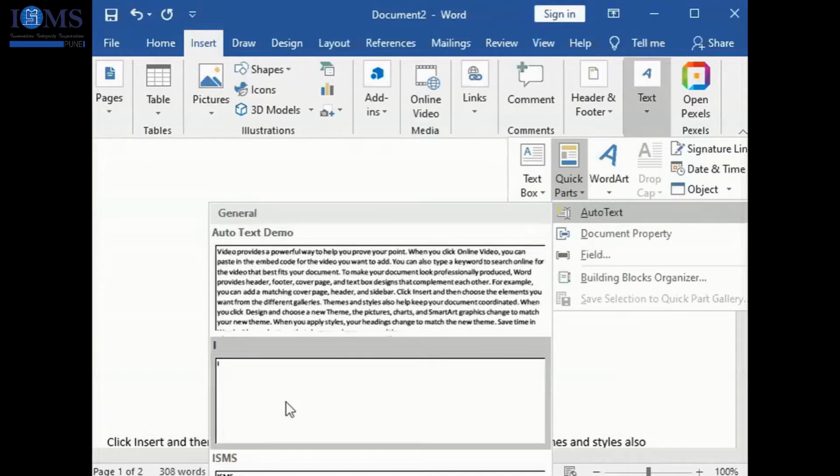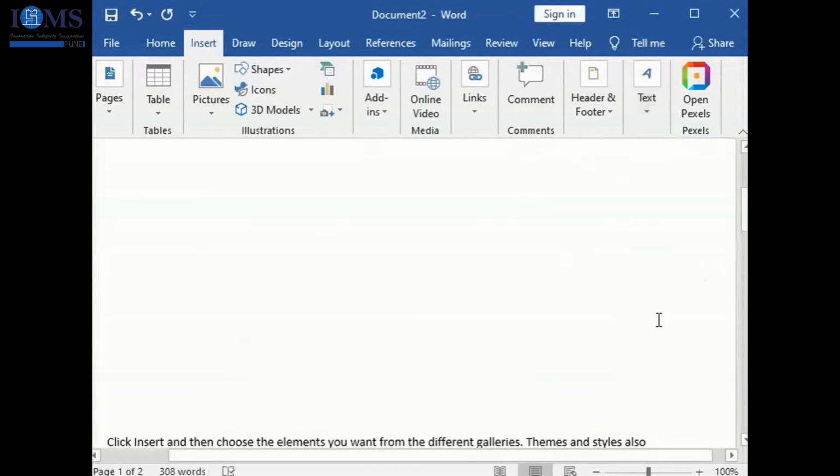Some other auto text is there. Now suppose I want welcome to ISMS. Let us see what all it has. Suppose this paragraph I want to repeat.